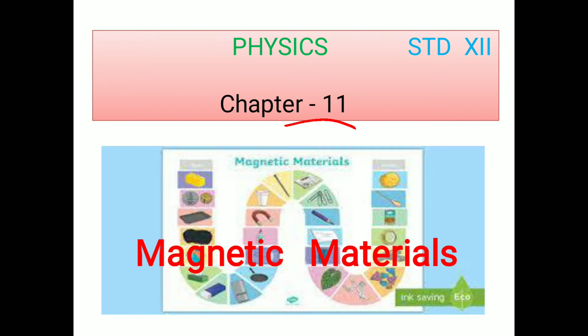In this chapter, we have to discuss the origin of magnetism in a material and the magnetic moment of a revolving electron, as well as we have to discuss magnetization and magnetic intensity only. Other topics are deleted from your syllabus. Let us start with the first topic, origin of magnetism in magnetic material.